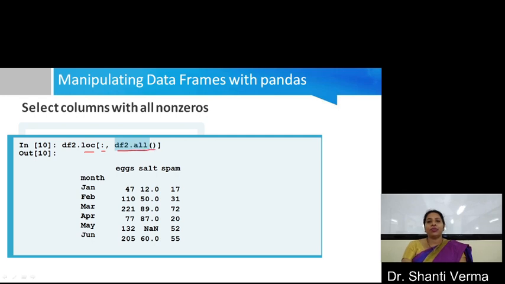This df2.all selects all columns with all non-zero values. You can see that I added a column named bacon in df2, but it is not displayed in this output